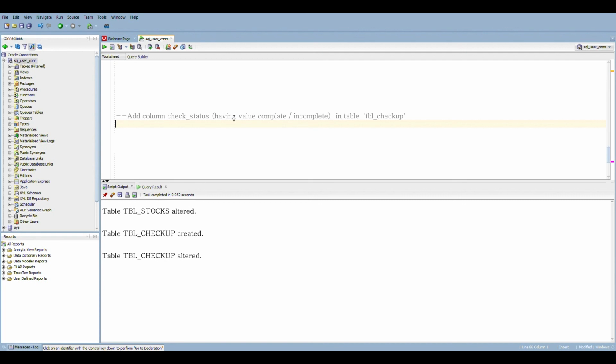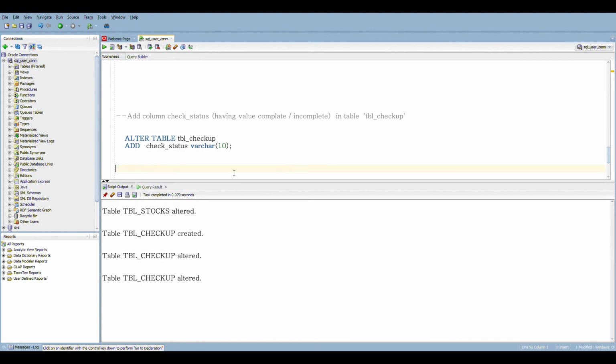So the syntax is alter table checkup, add. So here we have written the keyword add for adding a new column. Column name, which is check_status, and data type varchar 10. Why 10? Because we need to store a string, that's why it is varchar, and the maximum length would be 10,